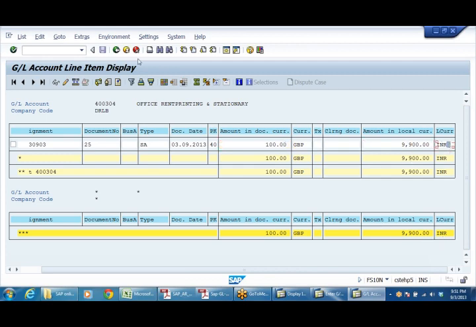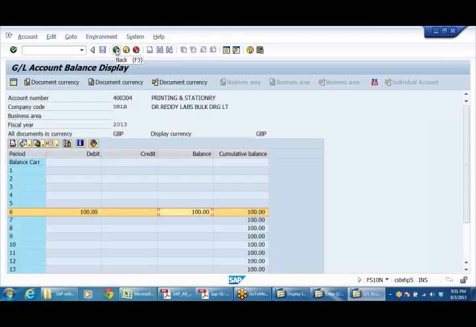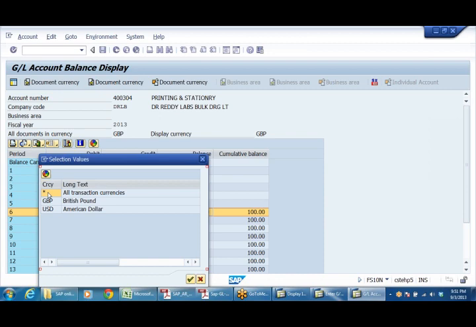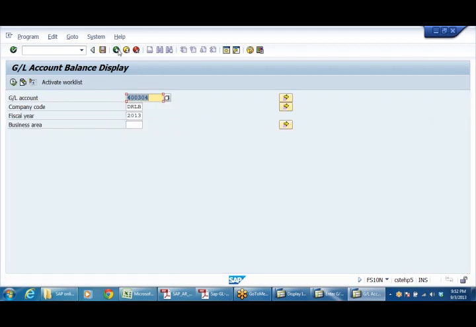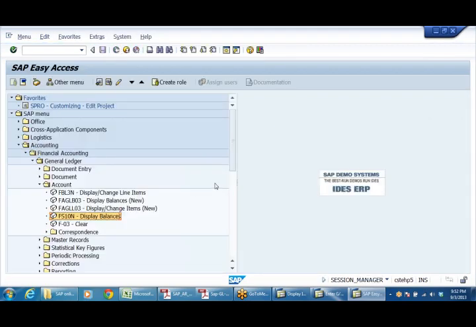So like this you can post accounting entries in foreign currency and you can see in both the currencies. One is local currency and other currencies. You take all currencies, take Indian currency, all currencies. Put together it will show you, that's all. Right? So like this we can, number one, update the foreign currency in the tables. Whatever the rate that you give, the prevailing rate, it will change.